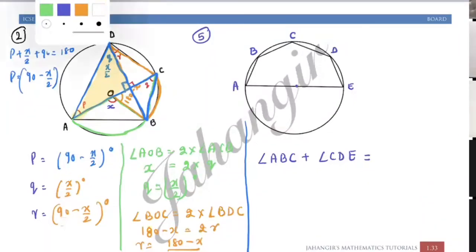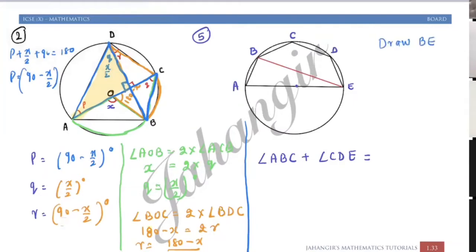So what you have to do is draw BC. In this, first we will draw BE. You can draw BE. Now after drawing BE, what do we get? If we consider this triangle, I can write this angle as 90 degrees. So first I will write angle ABE is equal to 90 degrees. First part is clear.